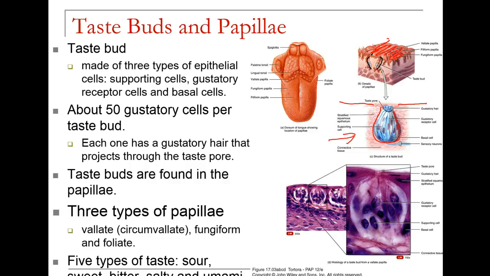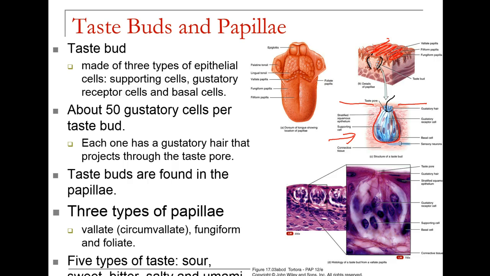They're sunk down below the surface of the tongue, and they will send out a little hair from their taste pore that has the ability to attach the chemical, the molecule, that will trigger the sense. So once again, these are going to be chemical senses. Ligand-gated channels will open up and allow the sensation to occur. I wouldn't worry about the types of papillae,